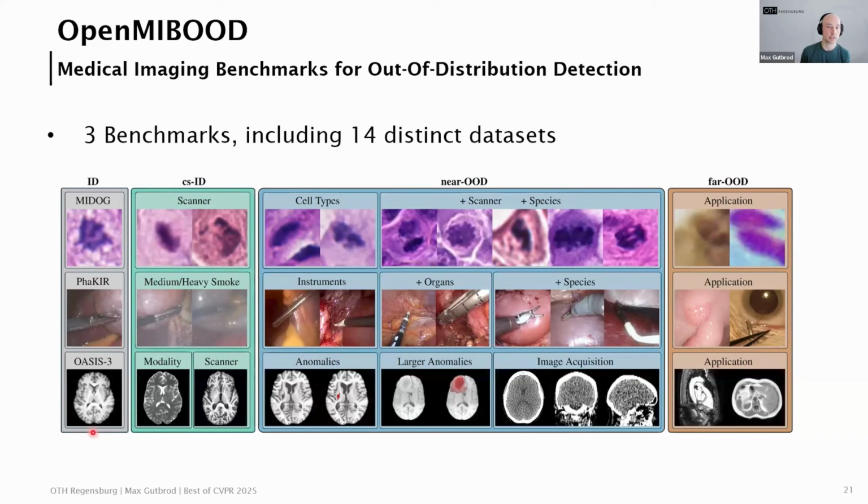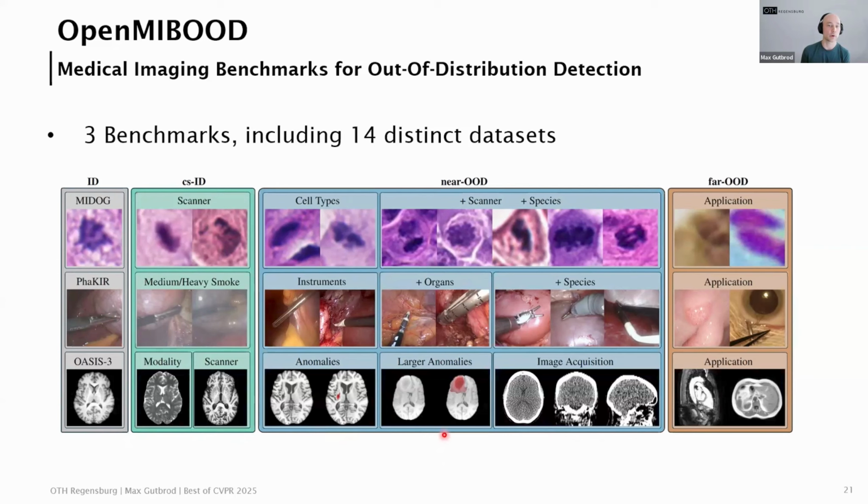And the base task of our 3D MRI benchmark is to classify if a patient has Alzheimer's disease or if he is healthy. And for CSID, we have a different MRI modality as well as a distinct scanner. And for near-OOD, we have stroke anomalies and tumor anomalies and CT data instead of MRI data.